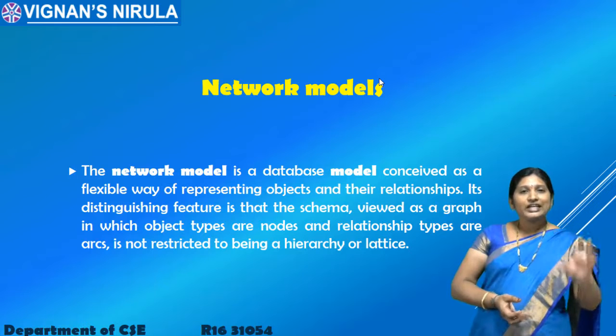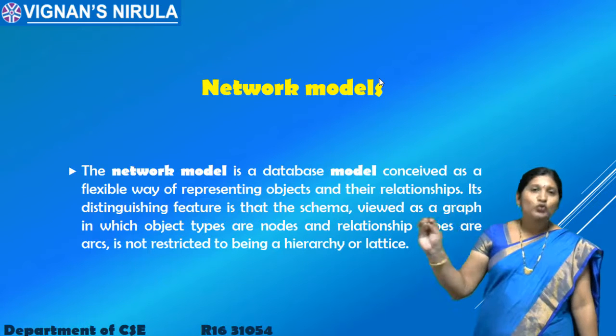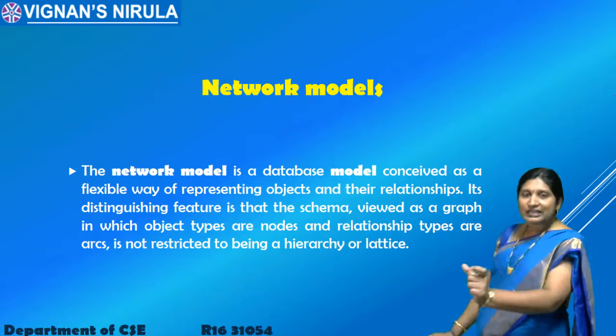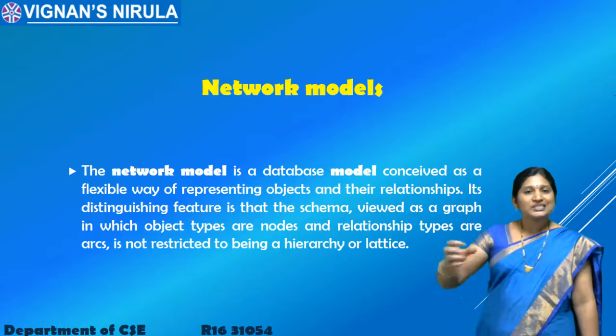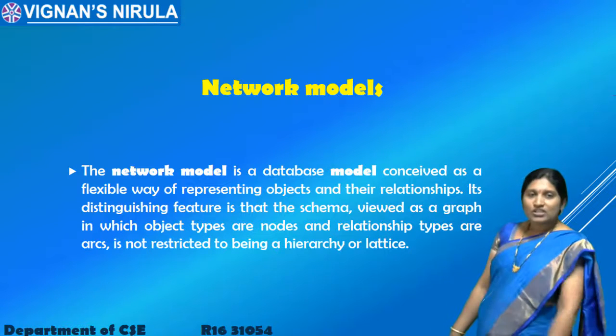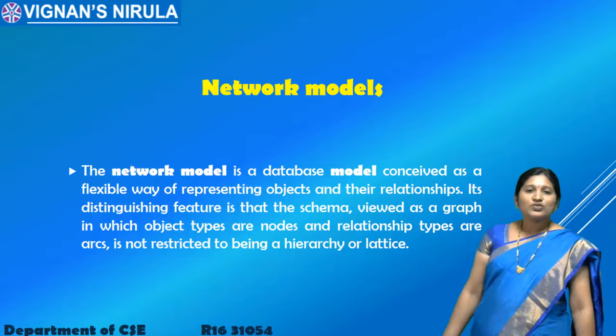Each and every data item is going to be represented as a node, and the relationships among these objects are going to be represented by means of an arc, and totally these will represent some type of graph, and that graph is particularly known as a network. So see the example of the network data model which we have covered.